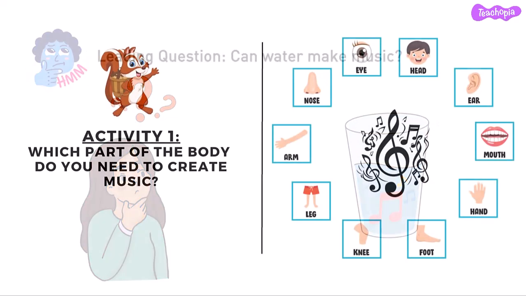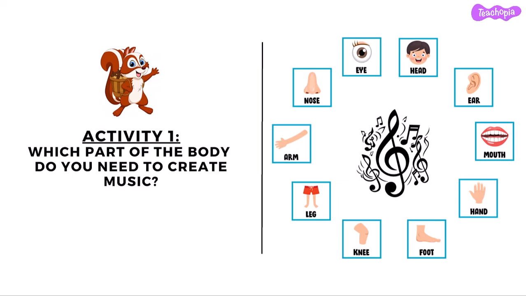Soon after that, we can begin with activity 1, which reads, which part of the body do you need to create music? Here is a set of images provided to all the learners, where the learners will go through each image like the head, the ear, the mouth, etc. to try to identify what part of their own body do they know or do they think they can create